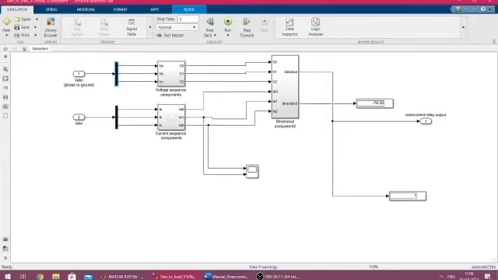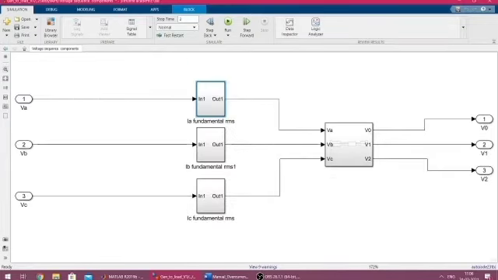The next step is to obtain, from these individual phase quantities, the symmetrical components, that is zero sequence, positive sequence and negative sequence, and this is done inside this subsystem. Inside here we can see that before we calculate the symmetrical components from the individual phase quantities, we need to find out the RMS values of the individual phases. In the last experiment we did this using the Simulink block. Here we are going to use the MATLAB user-defined function block to find out the RMS, and the technique we are going to follow is the one-cycle DFT technique.